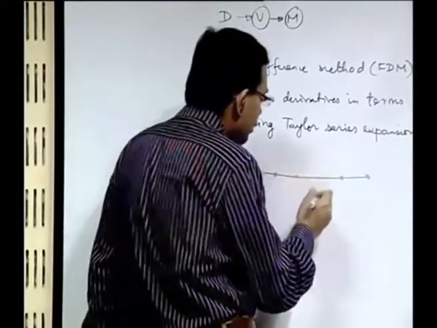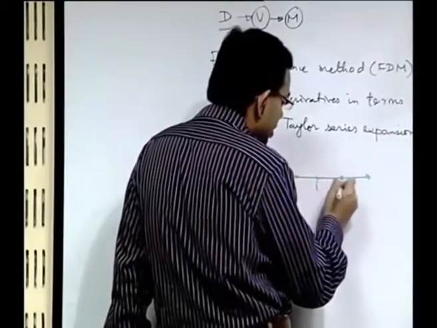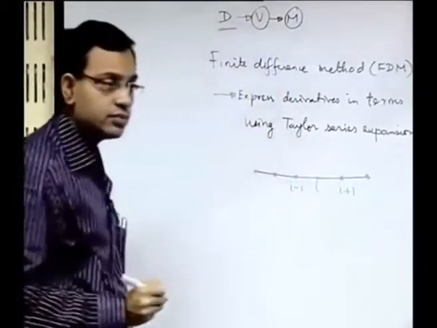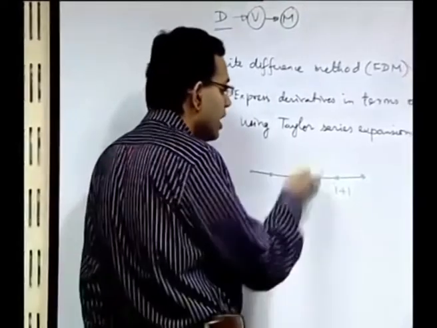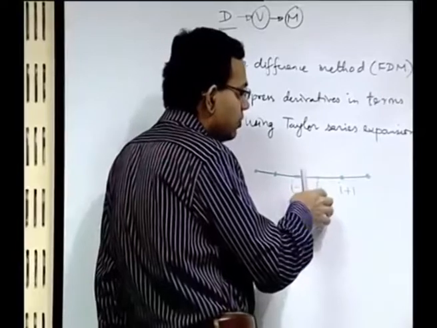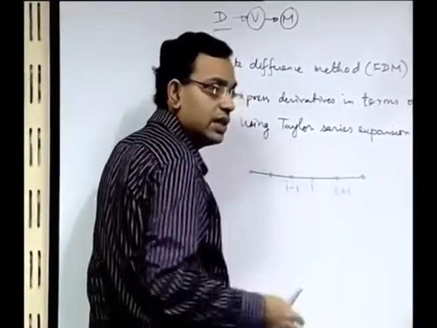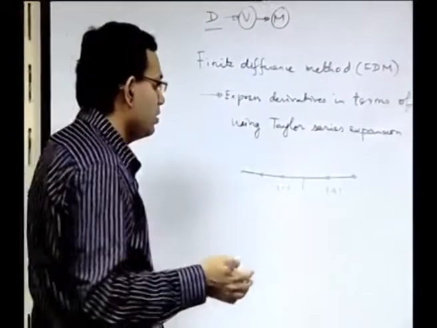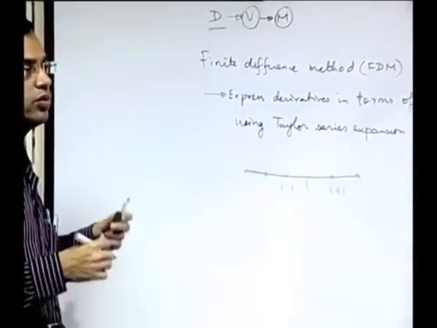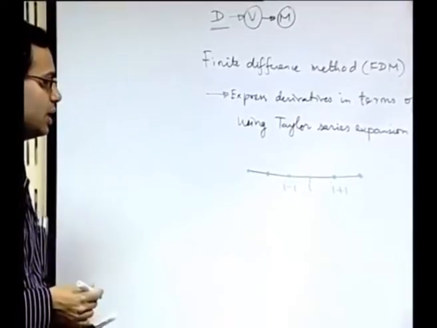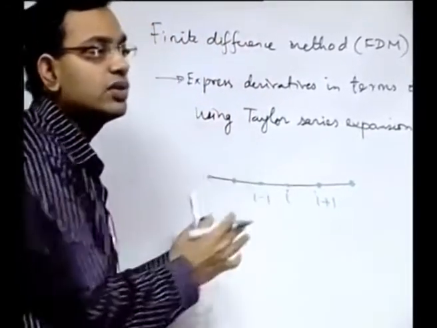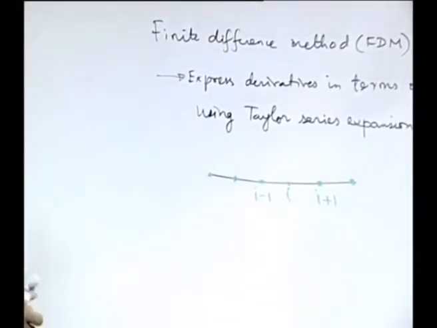So let us say that you have some grid points, say I, you could have I plus 1, I minus 1. In a 2-dimensional framework you could have the other direction. So here then you would have got I comma j, I plus 1 comma j, like that and so on. Now we are just considering a 1-dimensional example to begin with. Of course we will go into more details in our subsequent lectures, but the objective of this part of the lecture is to introduce the method rather than going into more details of the method.